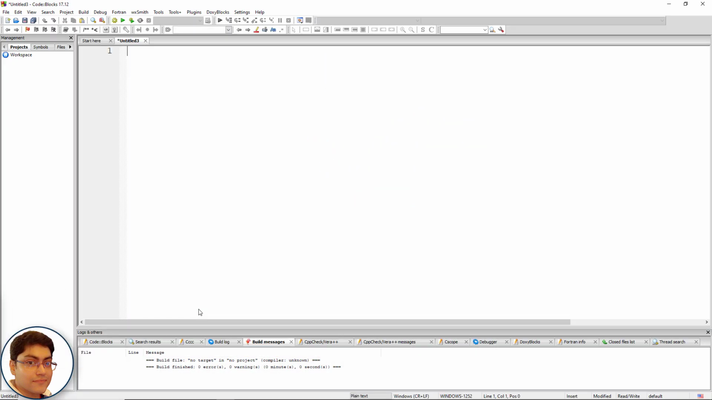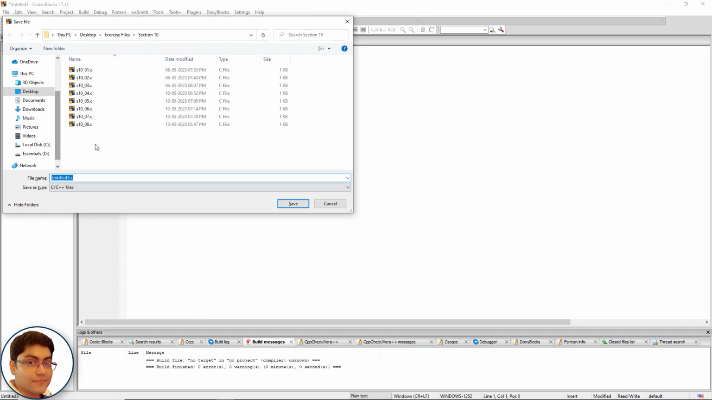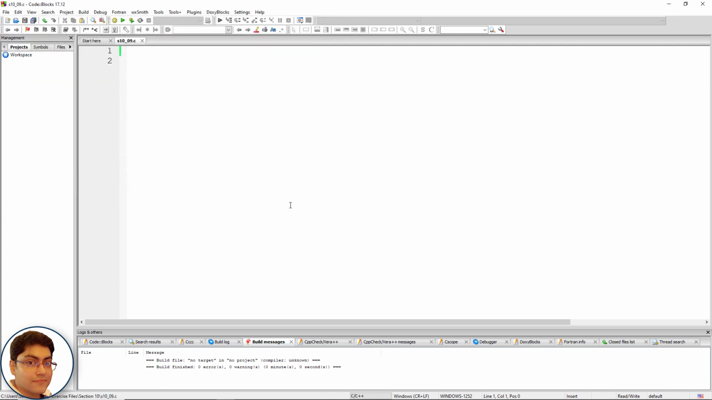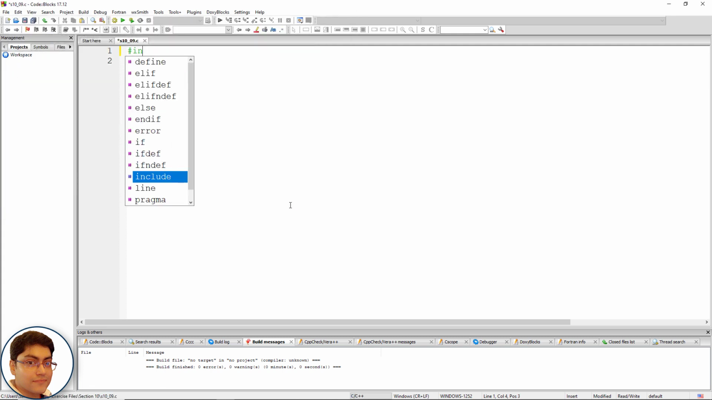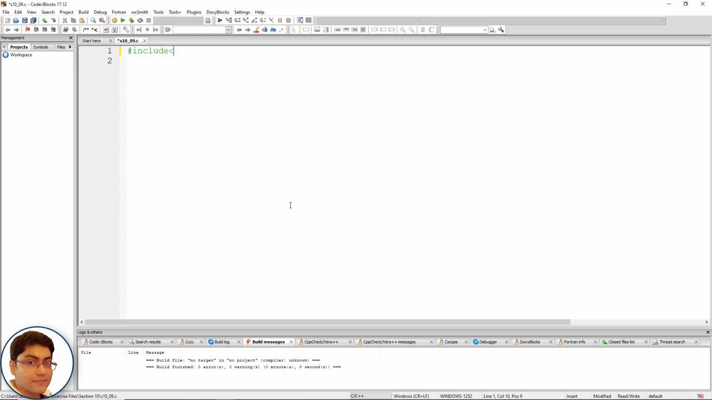Ctrl+Shift+N, Ctrl+S, s10_09.c. Click Save. Quickly include the header file: #include <stdio.h>. Define the union data {};